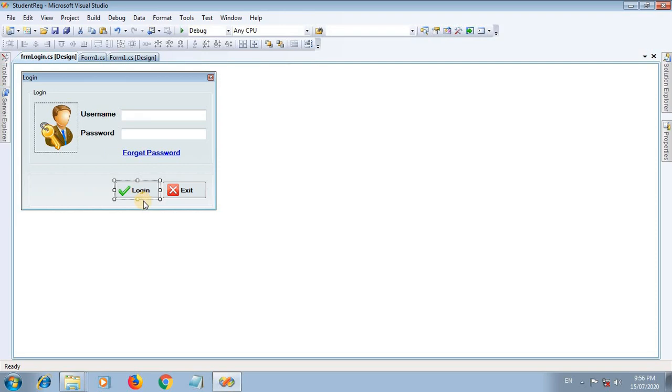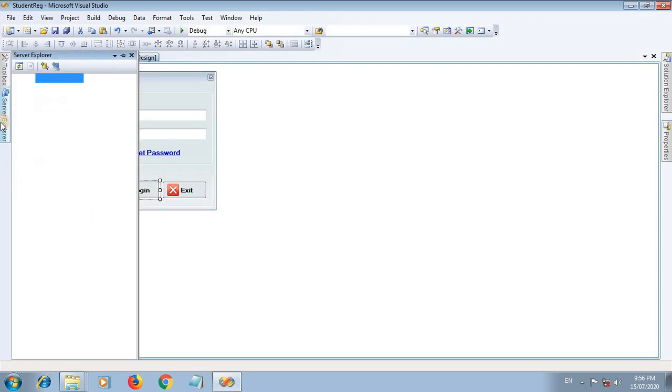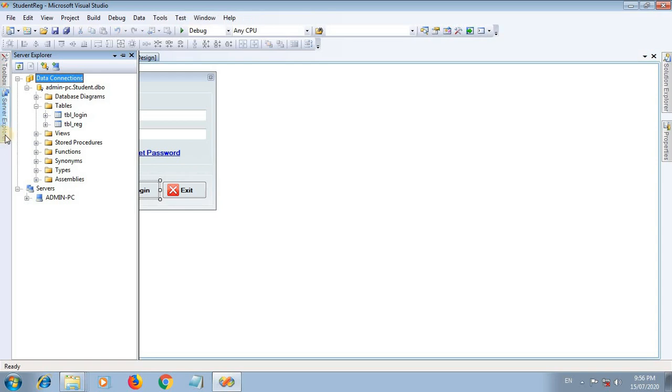For this purpose we already created a database. The database is present in the server explorer window. This is our database, and our database name is student database. In the student database there are two tables: the first table is table login, and the second table is called table registration.